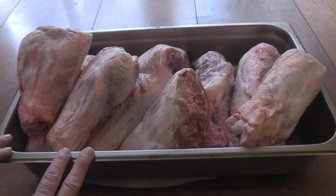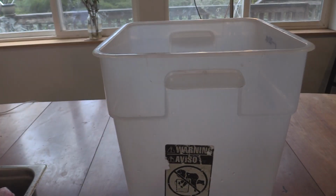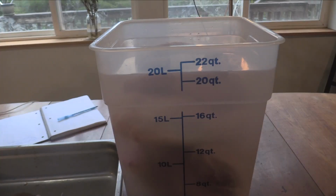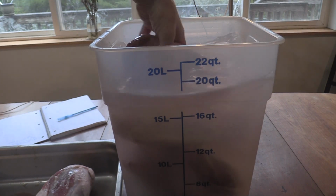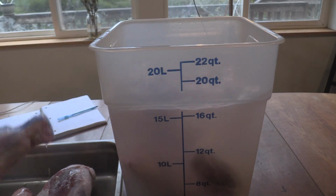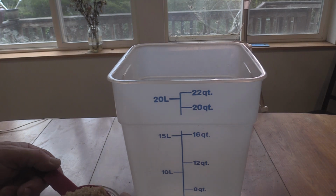To know how much brine I need, and how much salt I will need for that brine, I'm going to put my food grade bucket on a scale, put my shanks in there, and cover it with water. Now I'm going to take that weight, multiply it by 5%, and that's how much salt I need to add. So I can take my shanks out, and I'm actually going to dump out most of this water and just take a small amount of water and put my 5% kosher salt in, 3% brown sugar